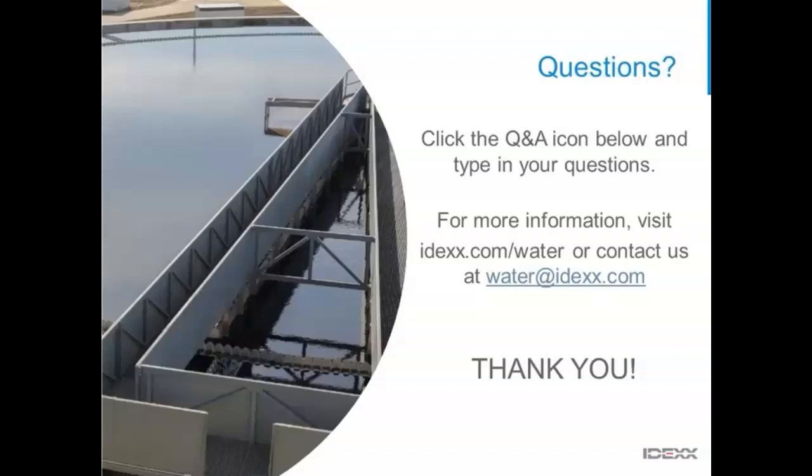And Jody, another one for you. What do I do if my permit states a specific method? Yeah, that's a good question. So if an MPDES permit lists a specific test method, the first thing you would want to do is contact your permit writer listed on the permit, and then you can ask what needs to be done to have the method changed. All right, great. Thank you.